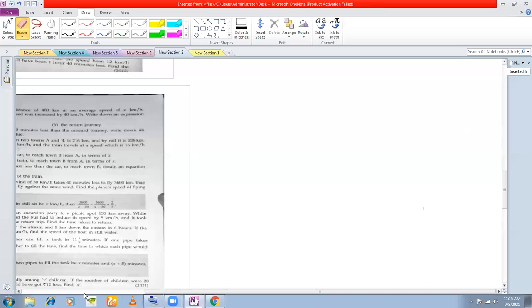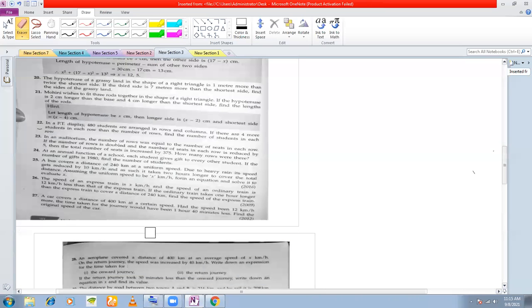Now number 24, if you read the problem, this is the problem that we are going to do. The question states, at an annual function of a school, each student gives a gift to every other student. If the number of gifts is 1980, find the number of students. Very interesting question. Let me see, if there are 3 students and each student is gifting another student a gift,